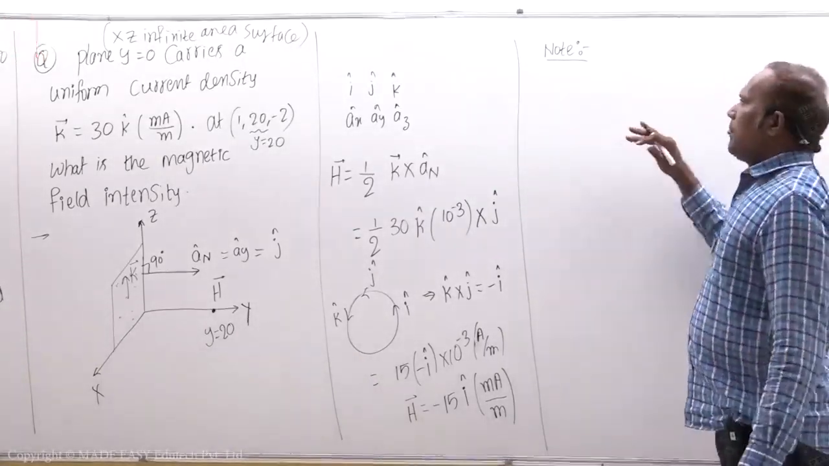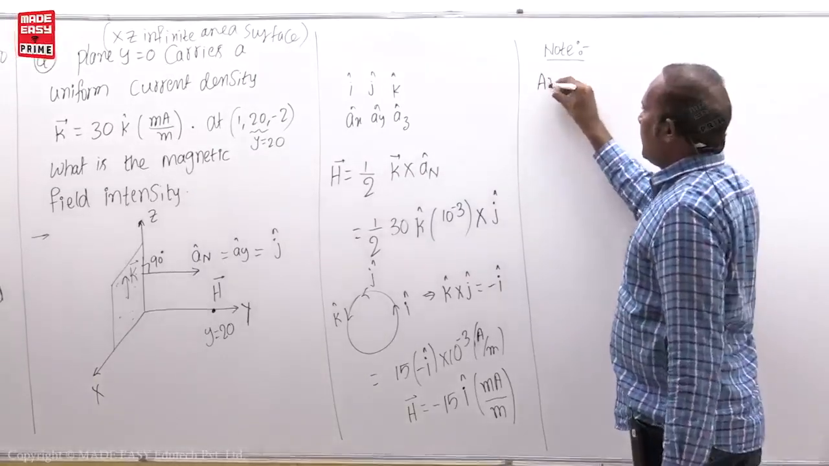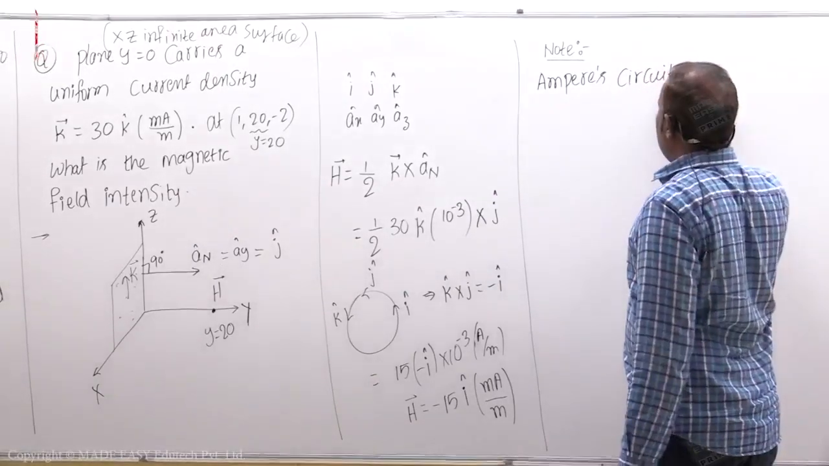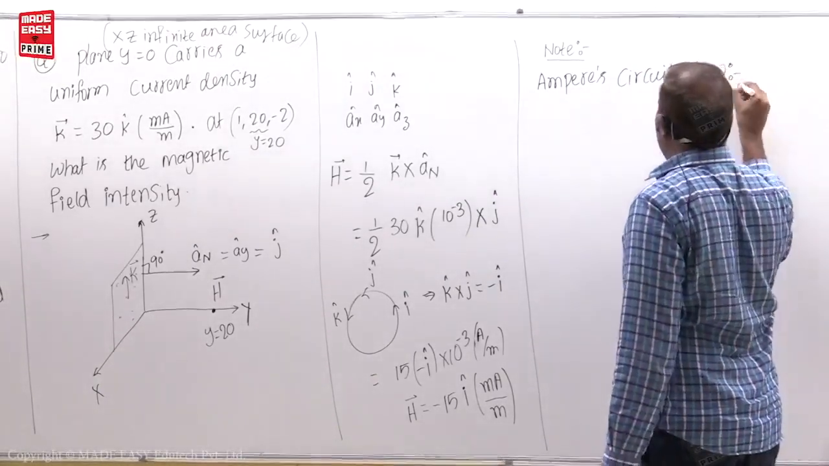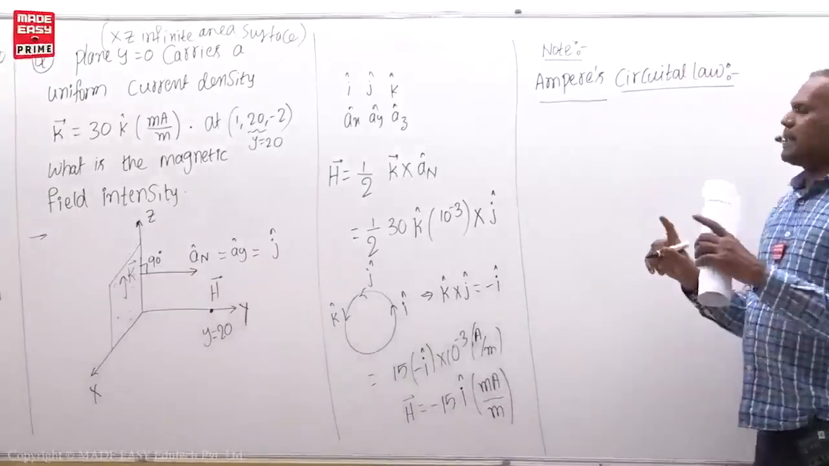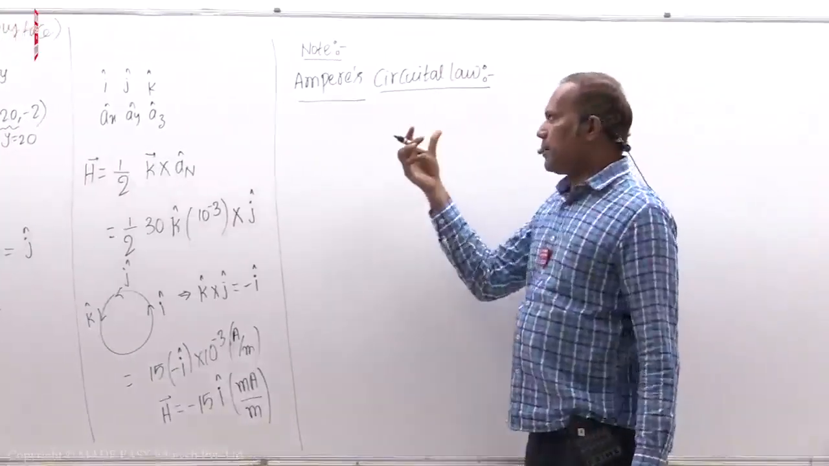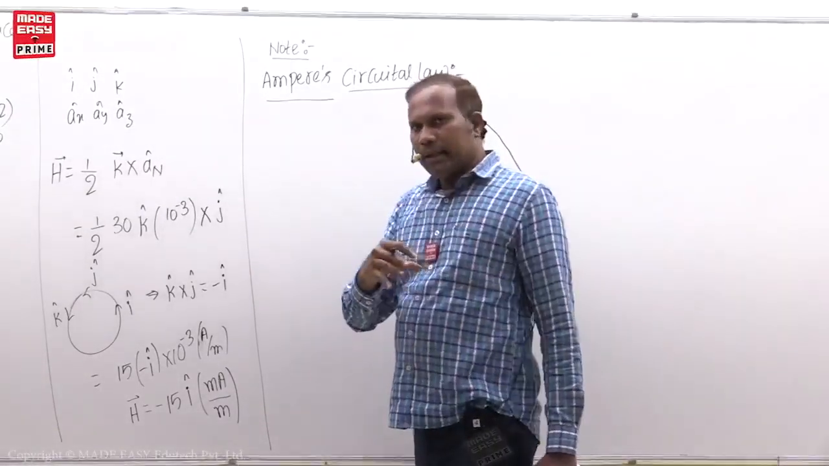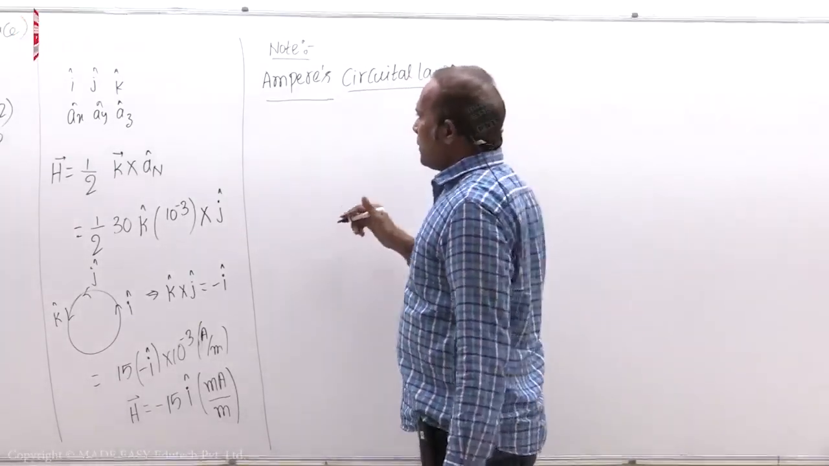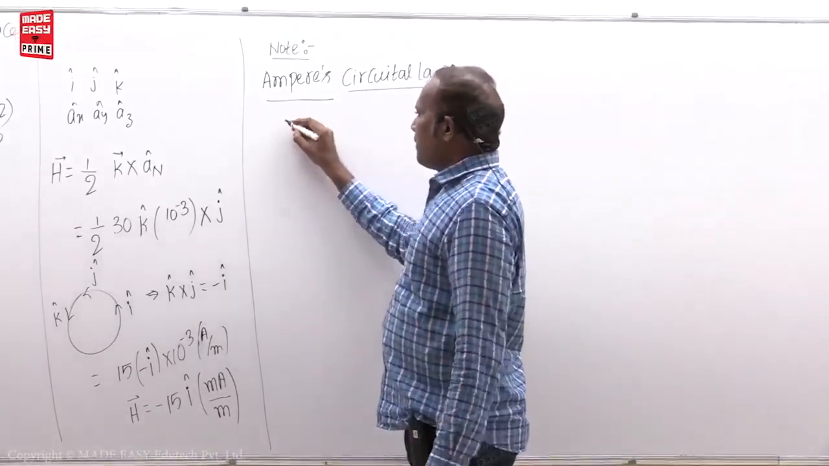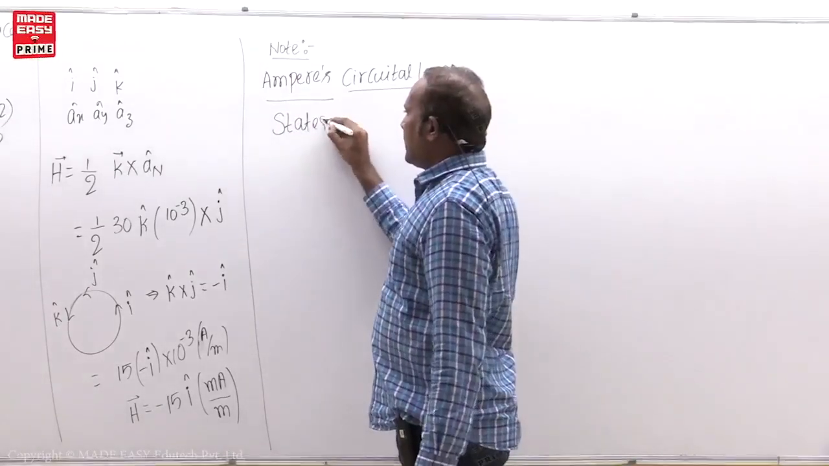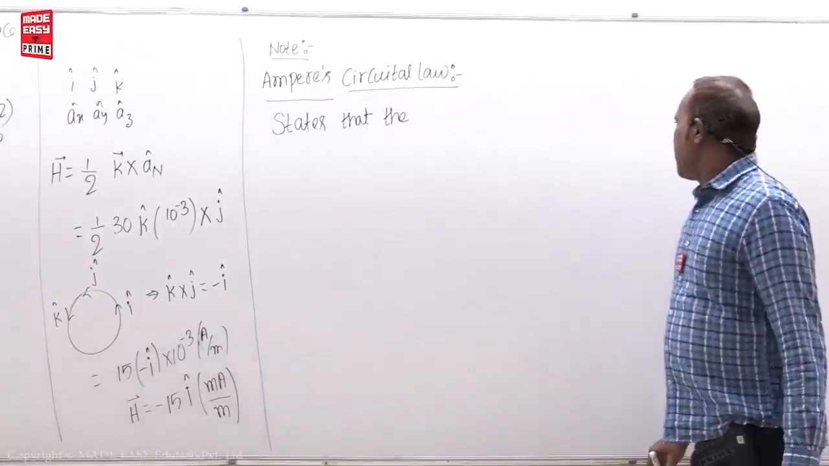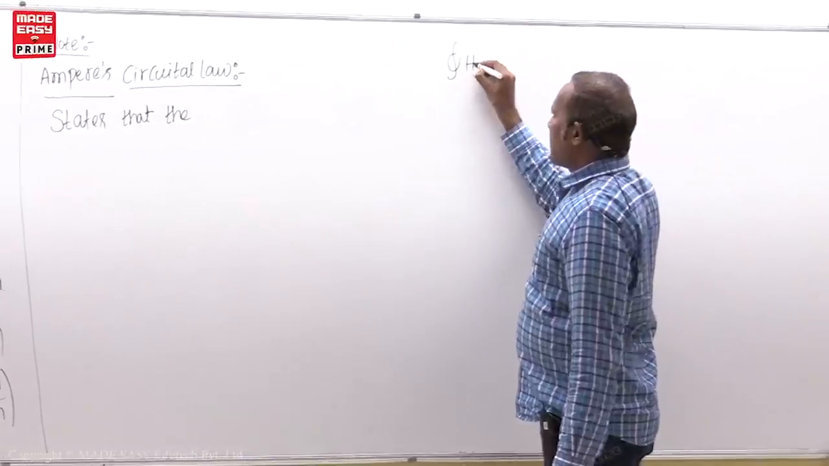Okay. Now I am writing one note, that is Ampere's circuital law. Actually here circuital means closed line. Circuit means closed. Ampere's circuital law. I will write the statement, then I will give the mathematical equation also. So Ampere's circuital law states that, you see here, closed H dot dl bar,